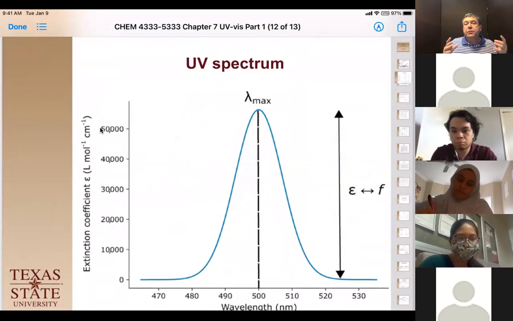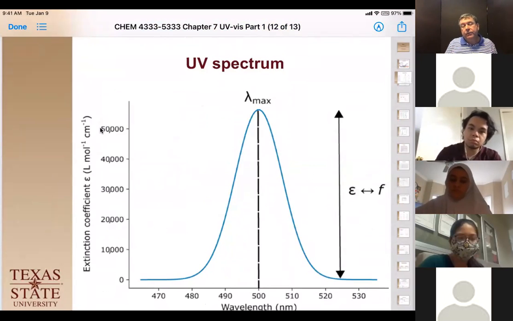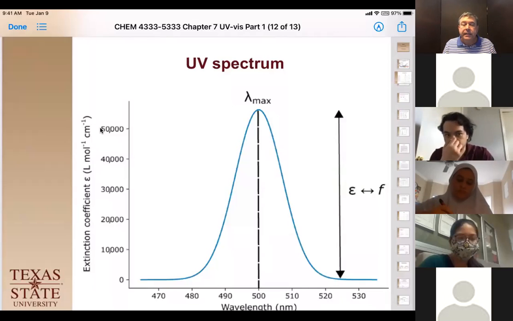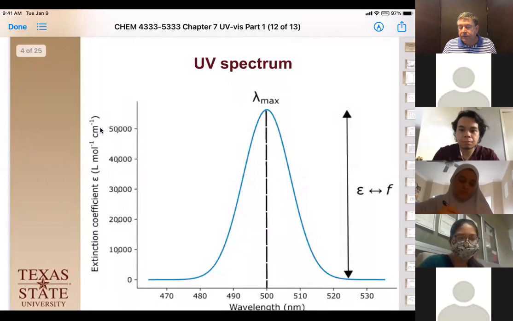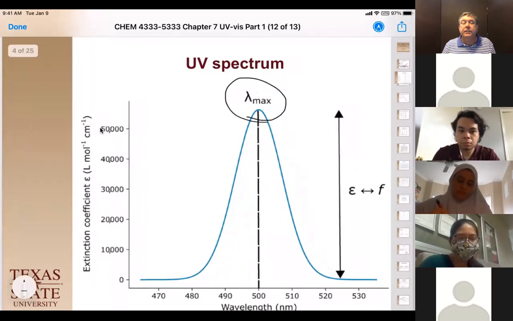So it's basically an absorbance related to its path length and its concentration. Okay, and this extinction coefficient is really useful for us, and I'll show you how to calculate it on the next page. The other important thing we'll see in a UV spectrum is what we call the maximum absorption wavelength, or the lambda max. So we're looking at the wavelength that we have a peak in,